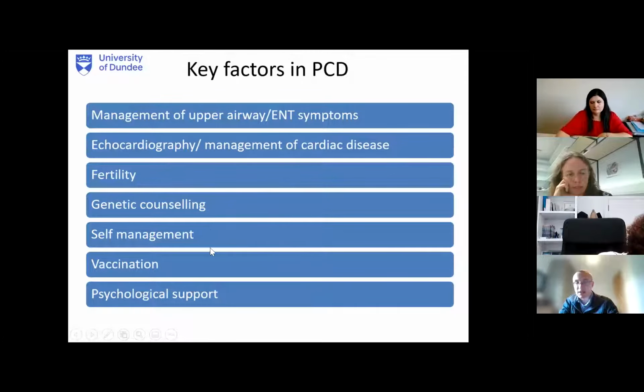Genetic counseling. Patients should be encouraged to self-manage. All patients with bronchiectasis should do airway clearance, but it's been my experience that making a diagnosis of PCD very much emphasizes to the patient why it's so important that they do airway clearance and self-management. Vaccination to prevent infections, and also psychological support for having a lifelong condition. All of these things are very important and are part of why we need to make a diagnosis of PCD